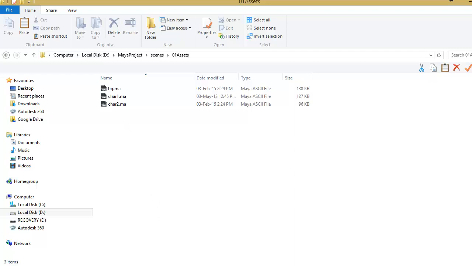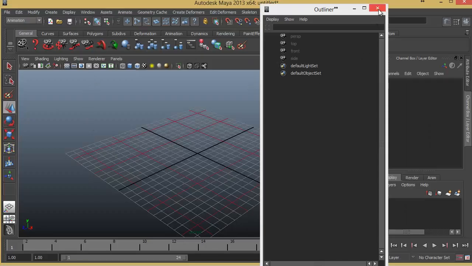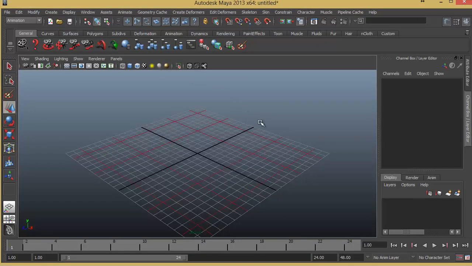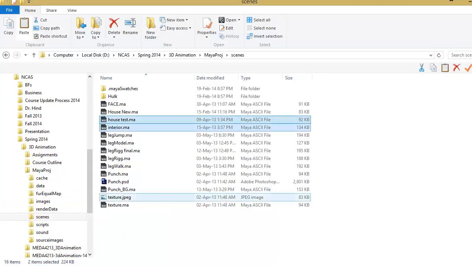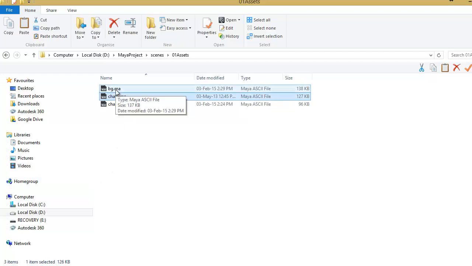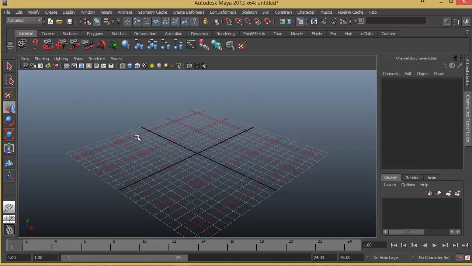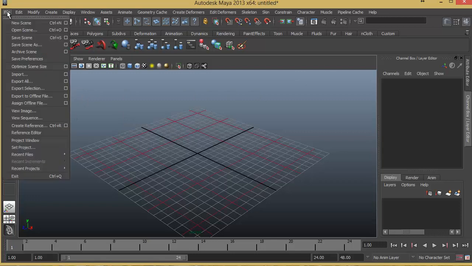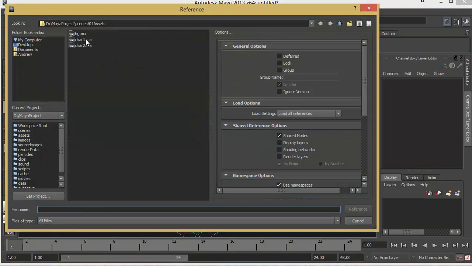So let me open a blank Maya file. There's nothing in the scene, it's just new. The first thing I have to do is, instead of importing or opening an existing Maya file, I will reference them. For my scene number 1, I will need character 1 and I will need the background. So instead of importing or opening them, I will go to File, Create Reference, and I will choose my background